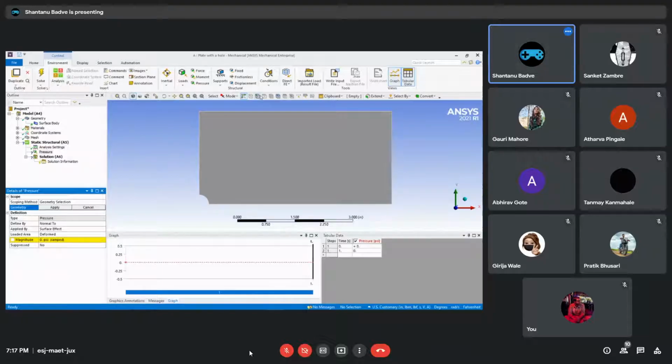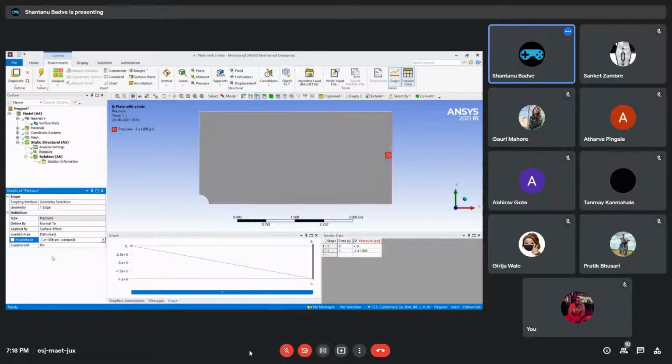I will just come in here, select this edge selection tool, and go to the right edge, and it is marked in those red and white stripes, as you can see right there. I will just click on it, and then this apply selection button. It gets applied. There is a tag there. There is a pressure which is currently 0 psi, which is not acceptable. We will change it to minus 1E6 psi.